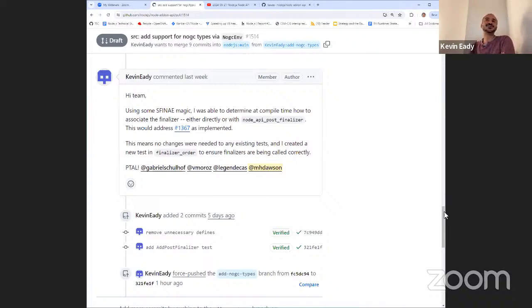So the question that I have now is whether that is what we wanted to do. Because I could see it being a problem for developers to figure out that if they use one finalizer type versus the other, they will have different behaviors with how their finalize callback is run.